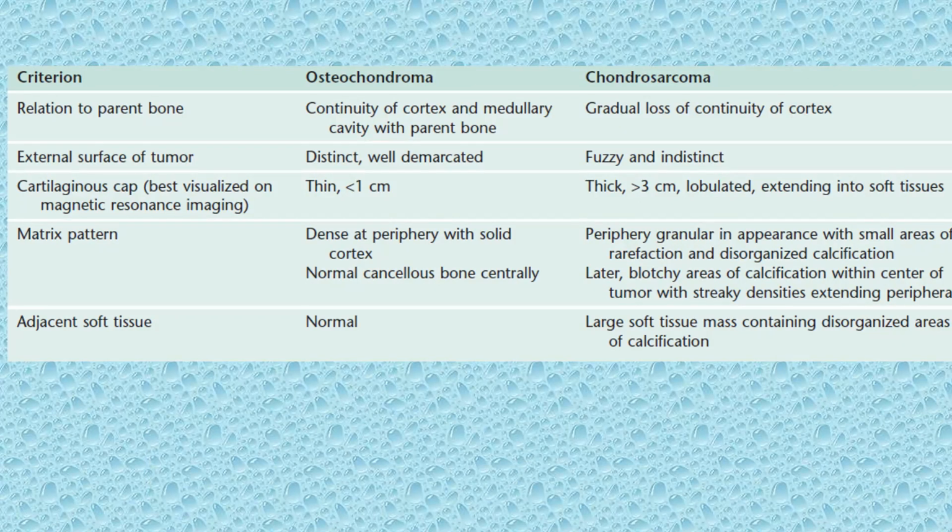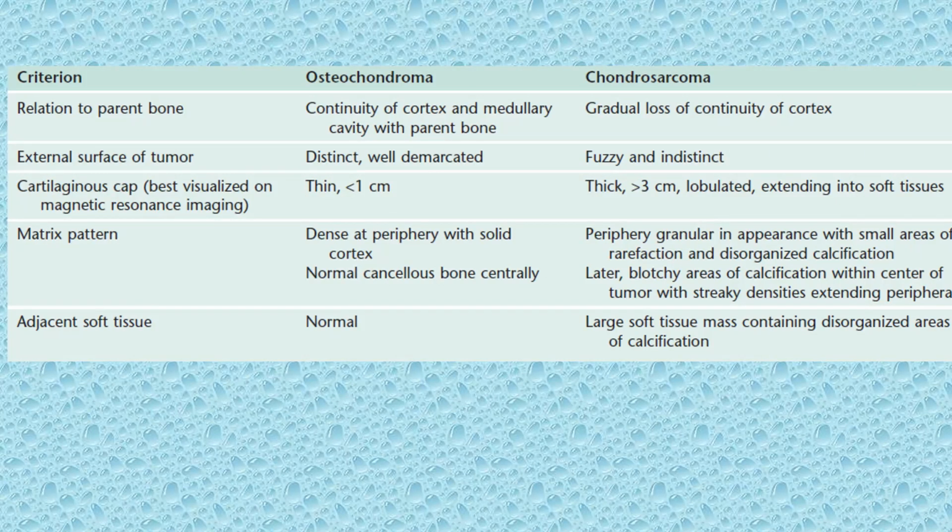The external surface of the tumor is distinct and well demarcated, while chondrosarcoma is fuzzy and indistinct. The cartilaginous cap is best visualized on magnetic resonance imaging, and we like to see it less than 1 centimeter. If it's thicker than 2 centimeters, I wouldn't say 3 centimeters, you have to make sure that it's lobulated, and